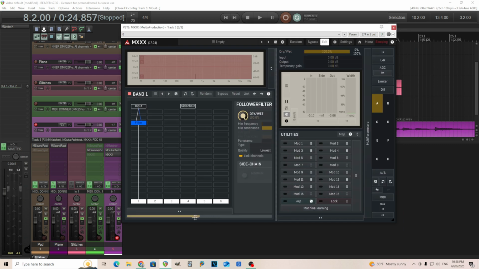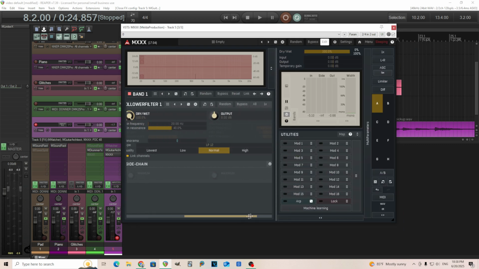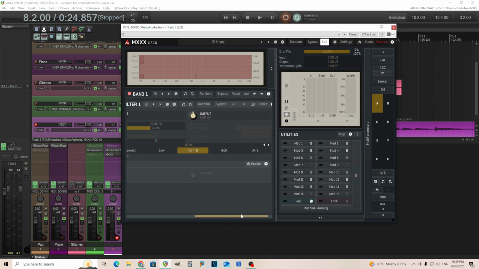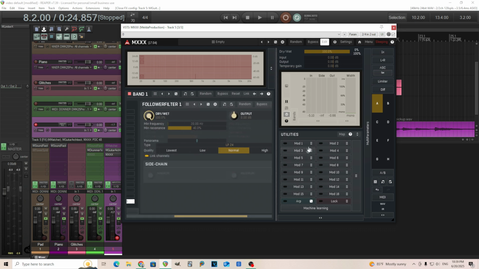Let's try the filter follower. This is just a basic filter here. I have it at, let's do 24 decibels per octave, a low pass filter. And let's click clear and learn and hook this up. Let's move it up here, there. Then when we're done, just click it again, turn it on, and if I play something,